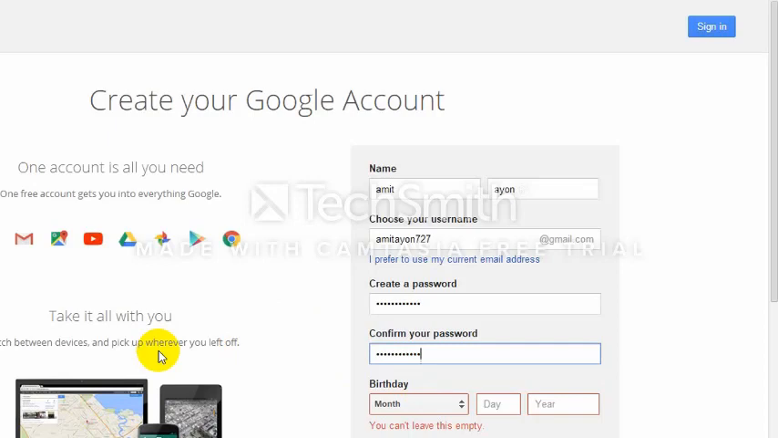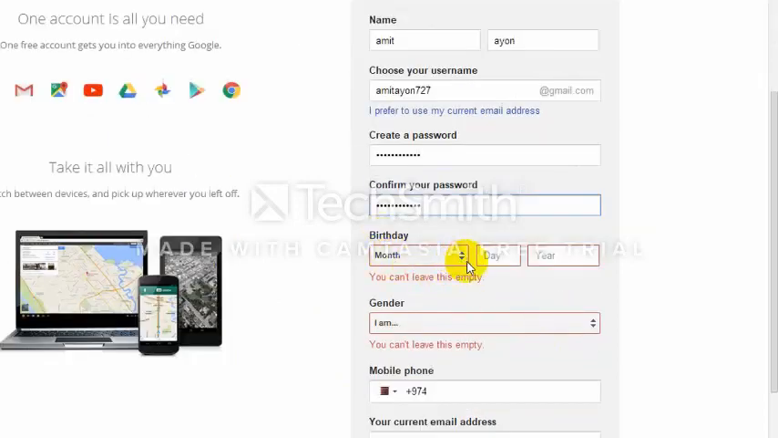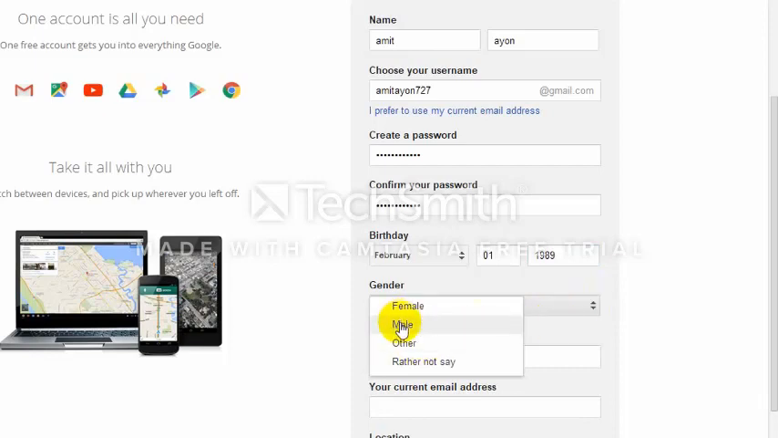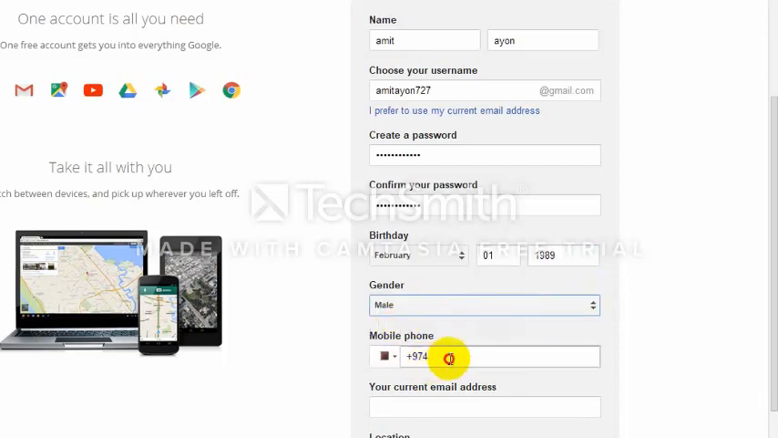After filling this up, you have to fill up these criteria also. You have to put your birth date. So here you have to put the month, here is the date, and here is the year. Here you have to put the gender. If you're male, you have to put male. If you're female, and here you see